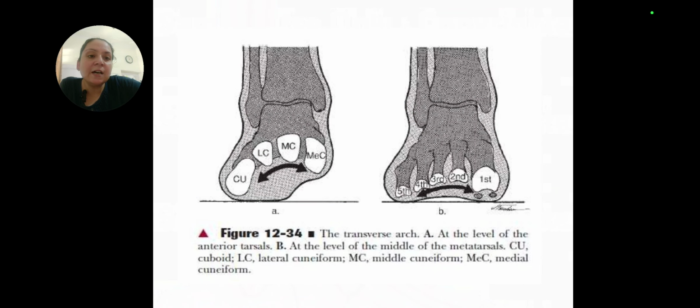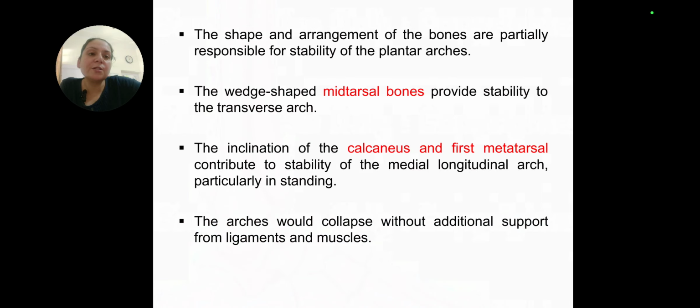You can see the cuboid, and you can see the lateral, middle, intermediate, and the medial cuneiform. So this is basically the arch, and you can see that the intermediate cuneiform forms the major keystone for this. You can view this transverse arch at the anterior level also, at the level of the metatarsophalangeal joint. Fine. When you see this section, this arch can easily be seen, but it is maximum at the tarsometatarsal joint.